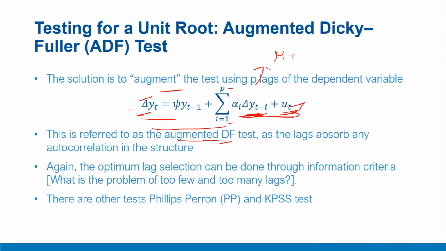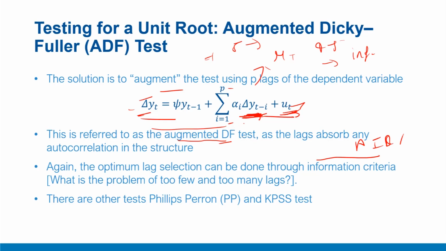Now there's a problem because we are introducing more lags. The number of lags should be very clear. How many lags we are going to choose should be an optimum number. There are two ways to choose it: either through information criteria such as the AIC and BIC criteria that we discussed in the previous videos, or through practice, knowing the information structure in the data. For example, let's say we are looking at data from financial markets where 5-day-a-week trading is going on, then a lag of 4 to 5 days is sufficient to capture all the information assimilation process in the market. So it depends on your idea of the market and various practical aspects to choose the lag selection.